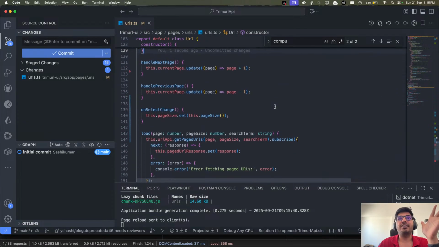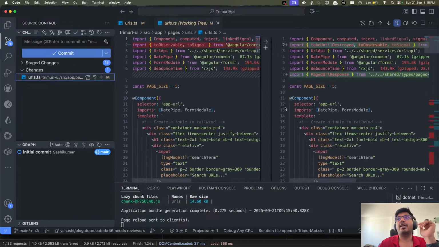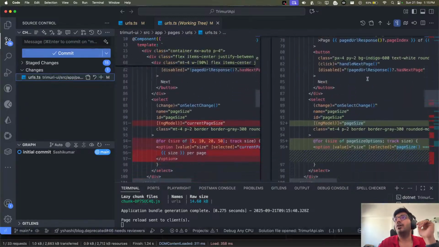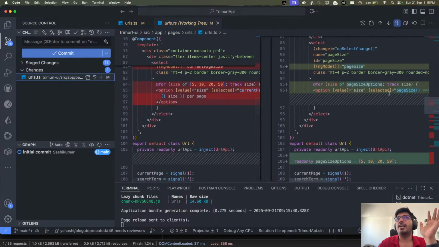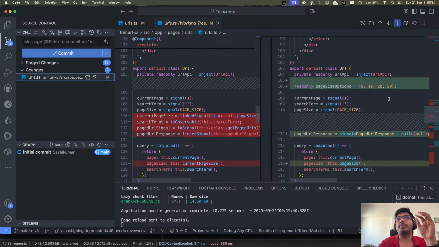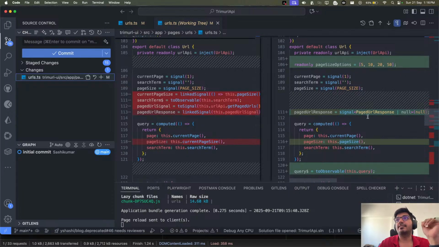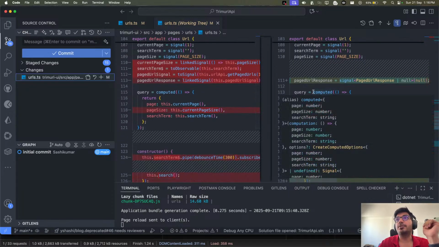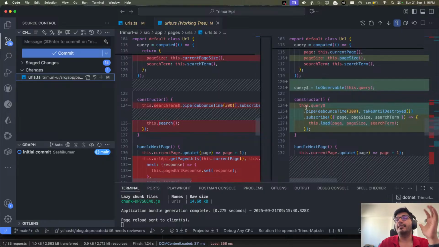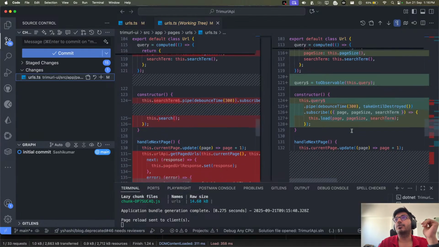See, now it is very much small. If I show you the changes, what I have made, can you see now? A lot of lines of code has been removed, and things have become better and better. Now we just have signals, that's it, and then we make use of computed to build a query, and that query we are basically trying to add some reactivity, like add some debounce with RxJS by converting it to an observable, so by making use of pipe and then doing the subscribe and all of those.